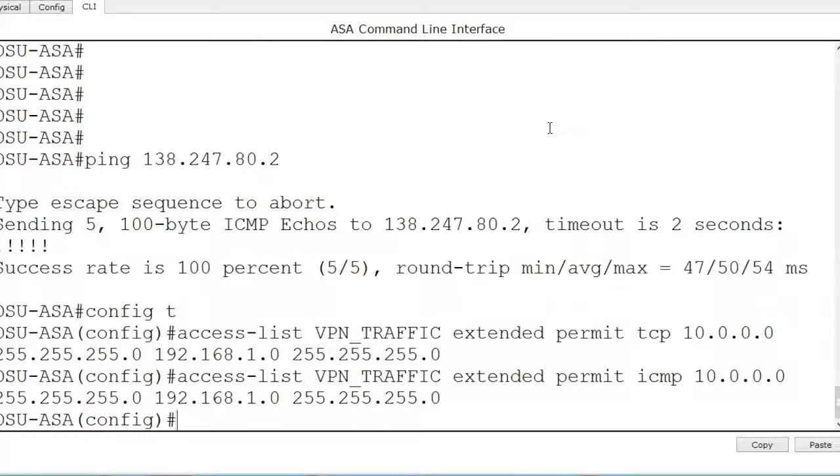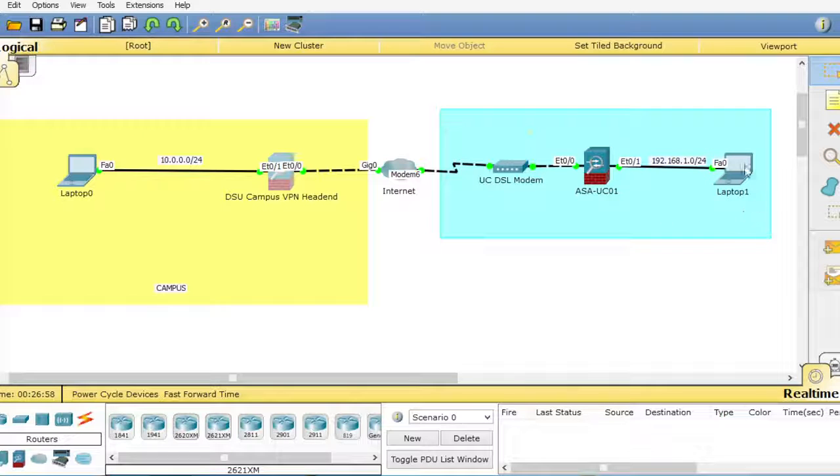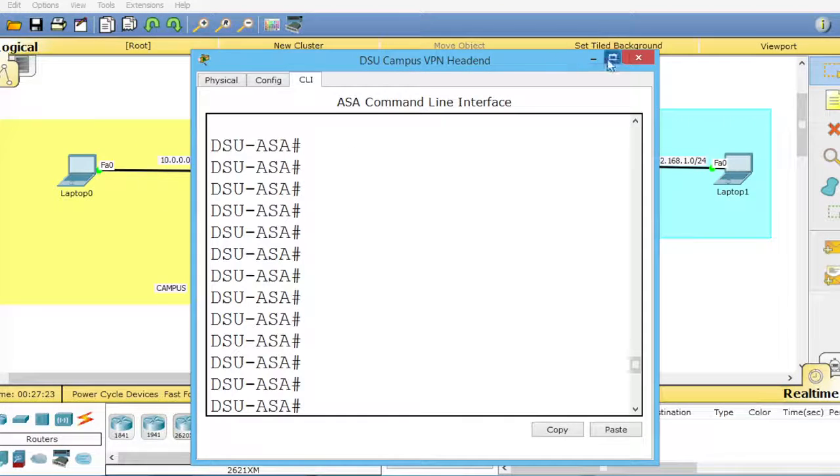Now the second part of this, we also need to create ACLs that are going to allow the remote users, in this case the remote user being laptop 1, to send traffic in to our internal network to laptop 0. Now the traffic flow is going to come across their ASA through the DSL modem, across the internet, and hit our firewall on the outside interface. We need to allow the traffic to pass from that outside interface to our inside interface so it can reach that internal host. So our next ACL that we make,